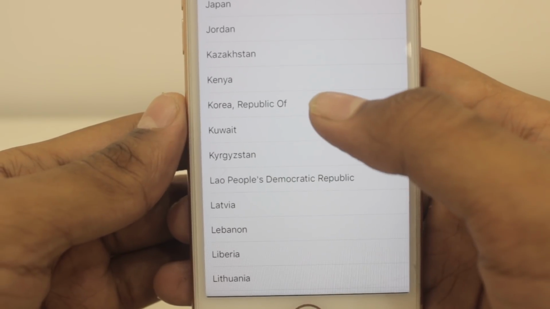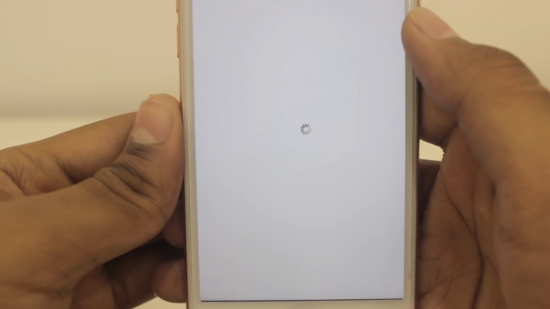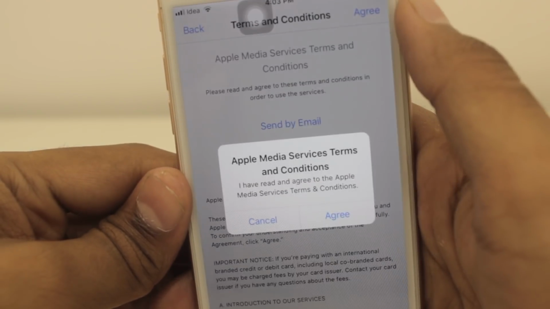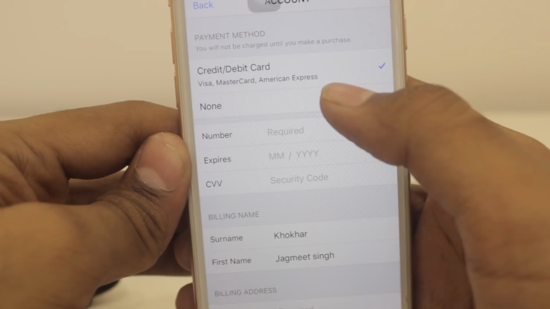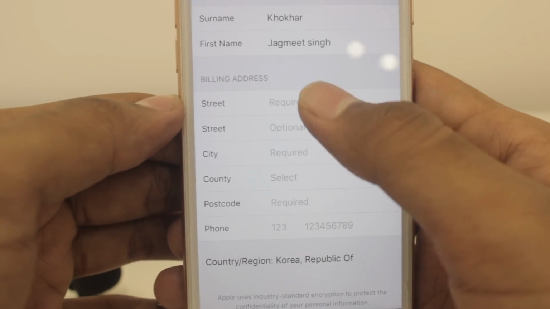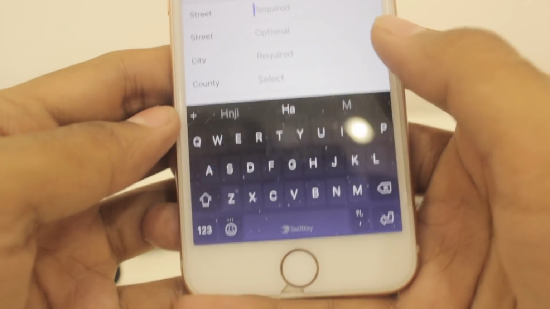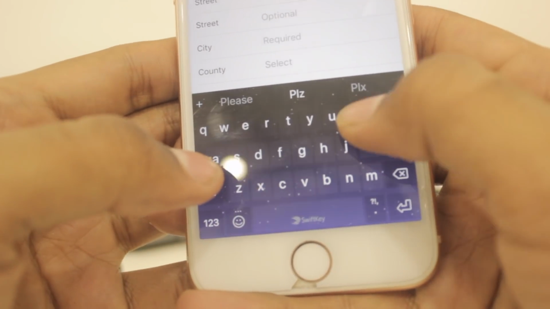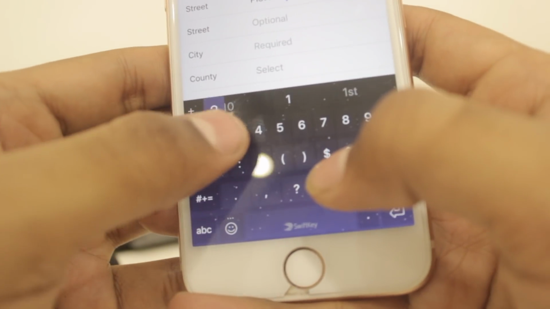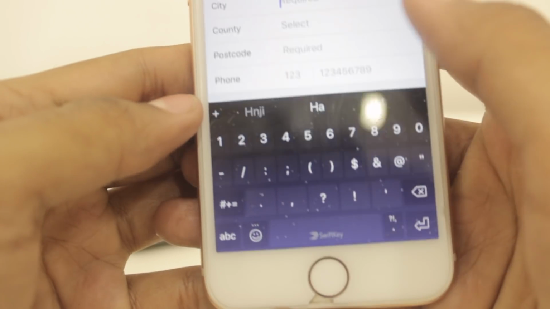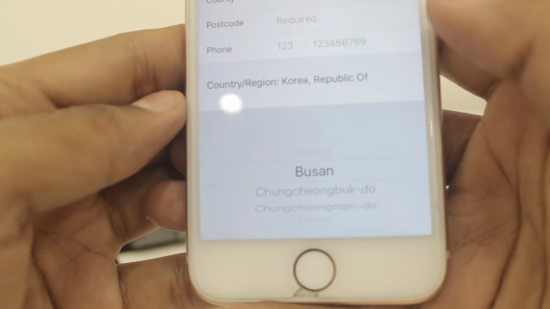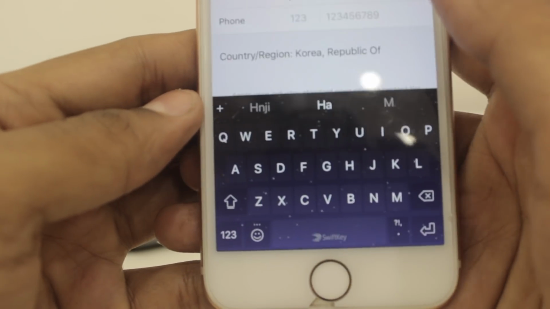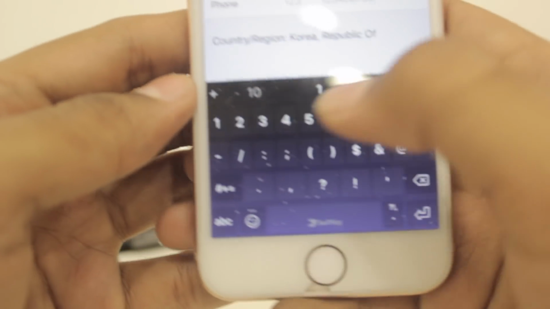So here's the Korea, Republic of. Just click on that, then just agree, again agree. So once you get on this page, just click on none and then just click any of the streets whichever you want. I'm writing block number 1233 and then just click city, just leave it, or if you have any city then just put that thing, any of the country, then write postcode